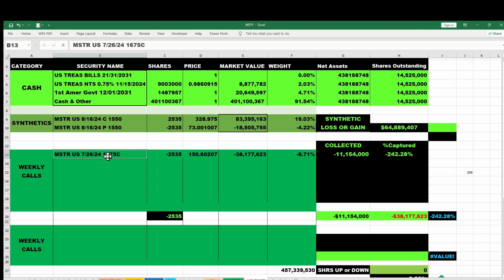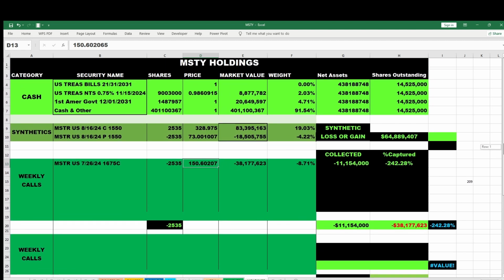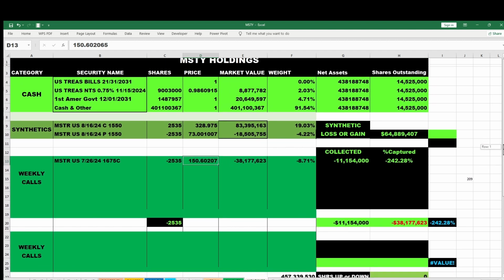If we went back to 1675, which is a whole $125 lower, okay, then you can see right away what's the time premium, right? If we're $125 above it and its price is 150.6, then 25.6 is the time premium, right? So you're not going to get away with getting it down to 11 unless you went to zero here. You'd have to go all the way back to 1675. Unlike Cony and Coin, which can still run $10 before it gets capped.